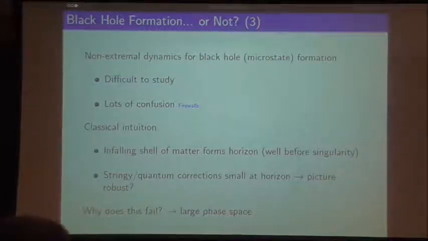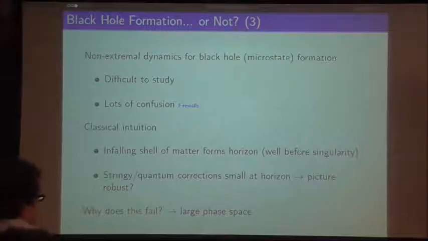Yes, thank you for asking, because I didn't really tell you why I'm interested in dynamics. What I'm going to be focusing on is the formation of black holes. I could give you a black hole state, and I can give you all these fuzzball states, these microstates. Now the question I want to ask is, when I have a collapsing shell of matter, what's going to happen? Am I going to form the black hole? Am I going to form the microstate? Some kind of superposition? And how do I determine this?